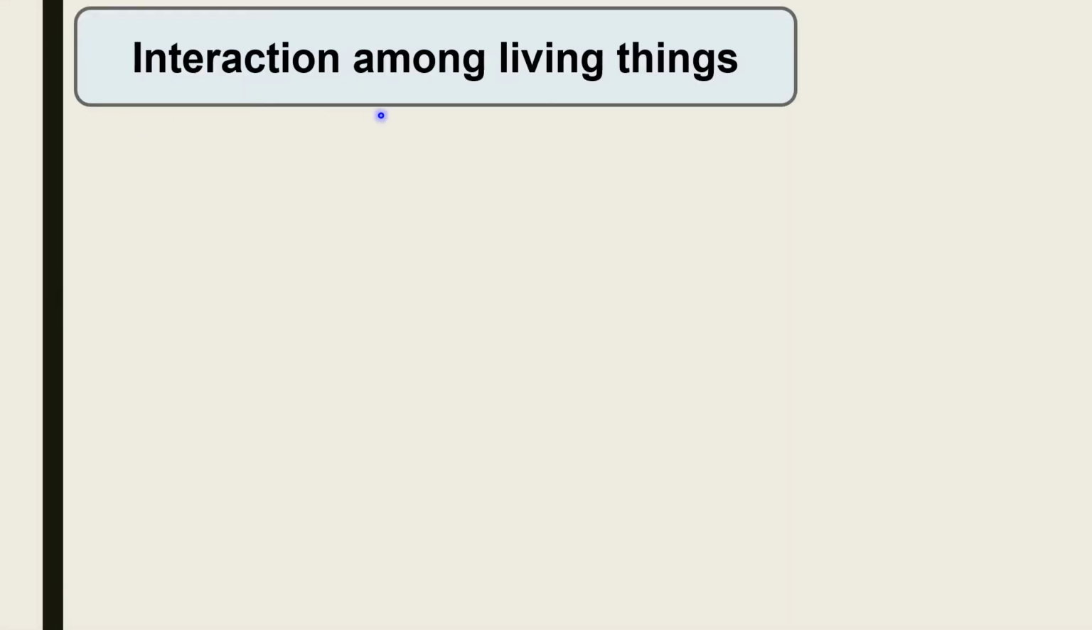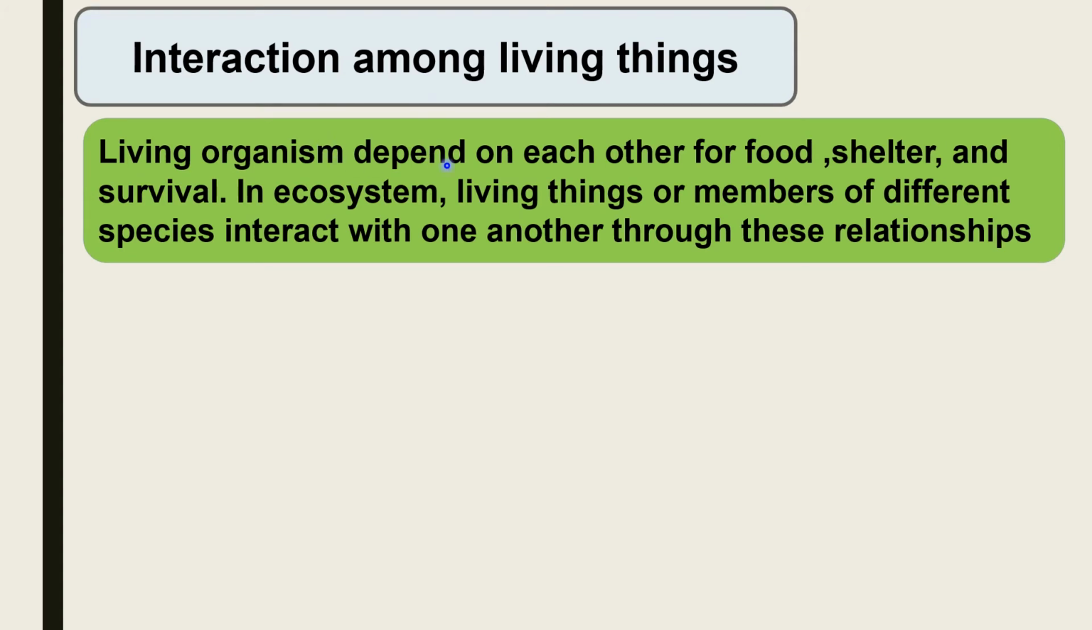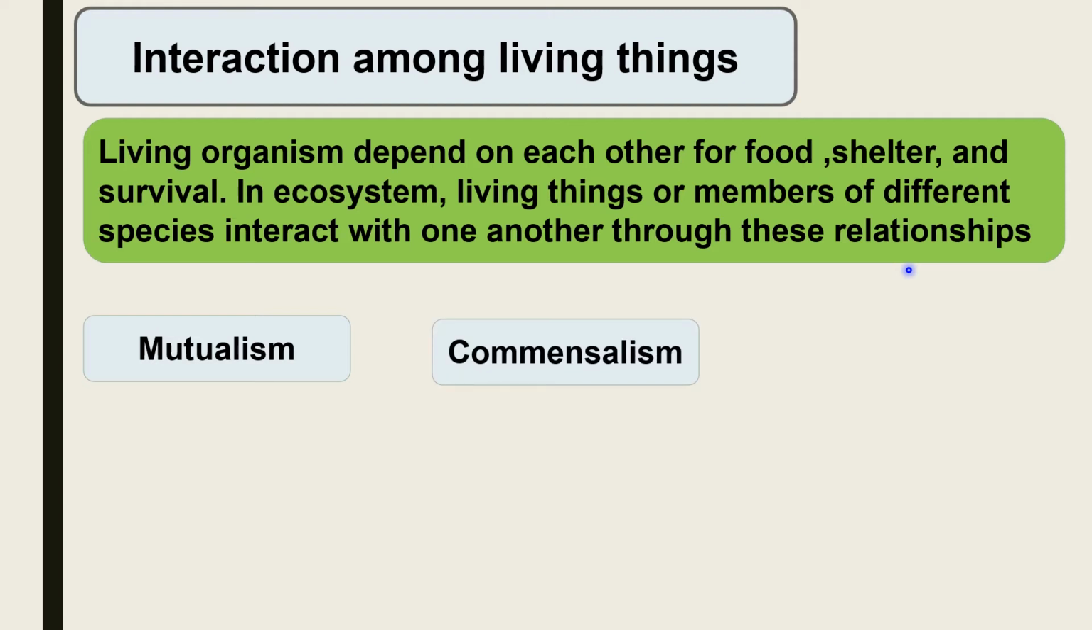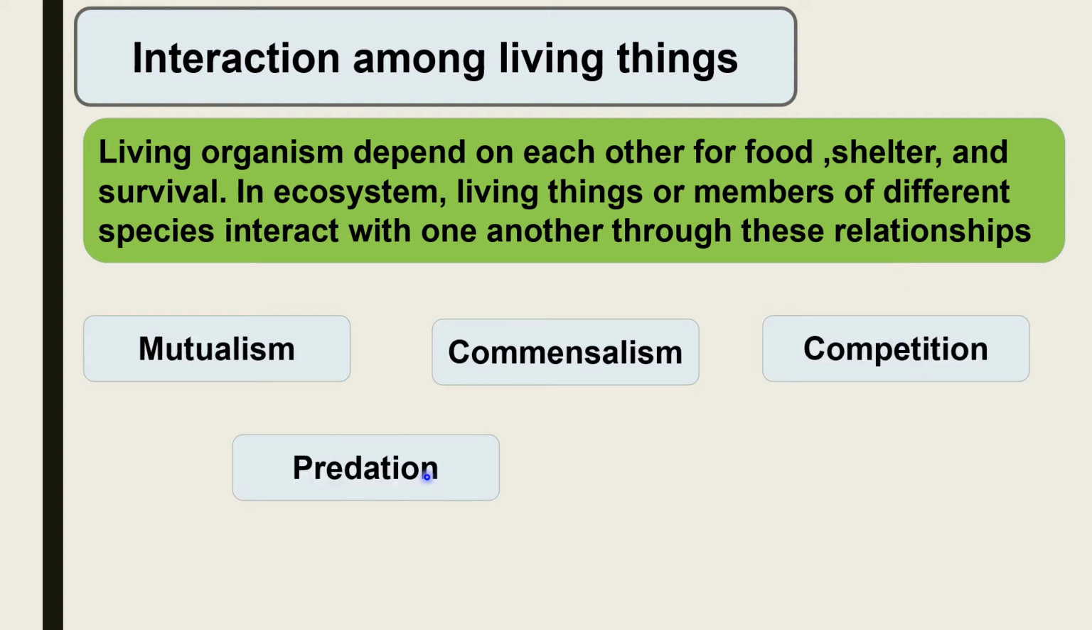So, interaction among living things is simply called symbiotic relationship. Living organisms depend on each other for food, shelter, and survival. In an ecosystem, living things or members of different species interact with one another through this relationship. The kinds of symbiotic relationship are mutualism, commensalism, competition, predation, and lastly, parasitism. So let's talk about